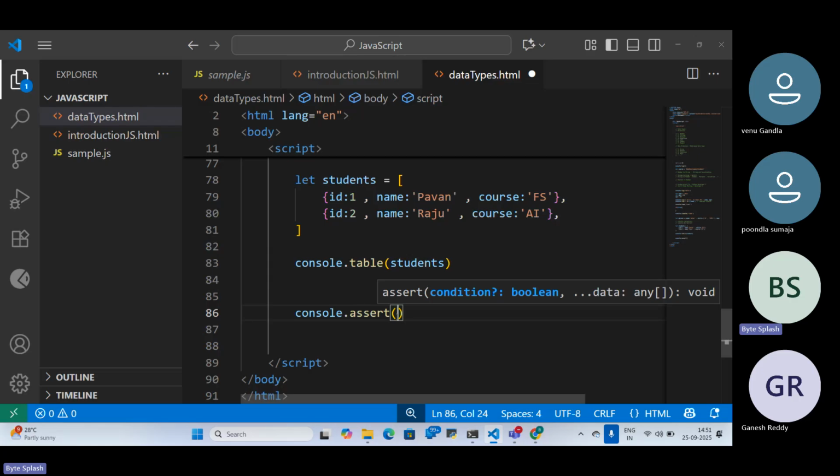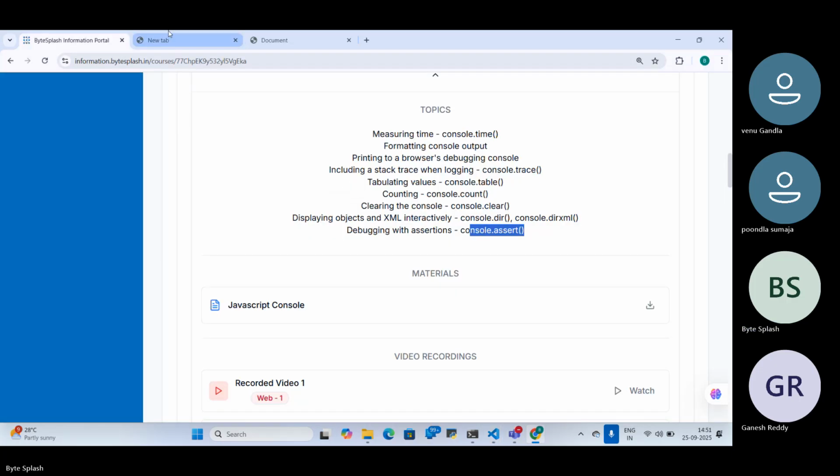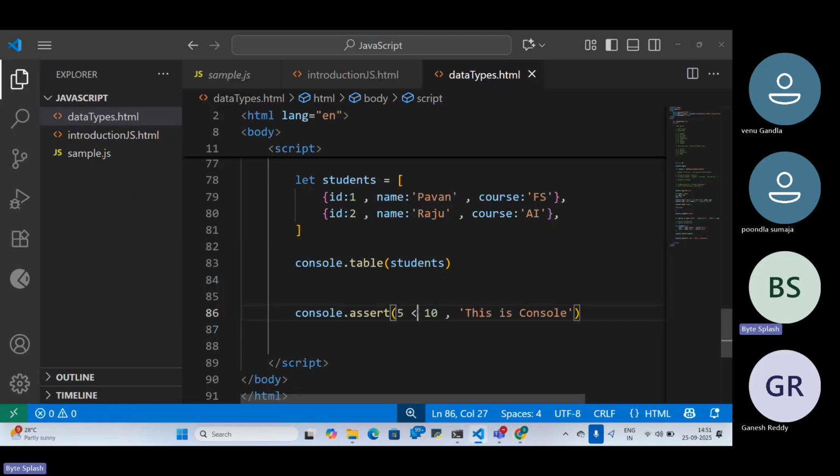5 less than 10. Is the condition true or false? True. It is not going to do anything. I have reloaded. If the condition is false,